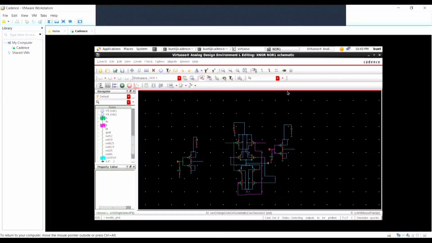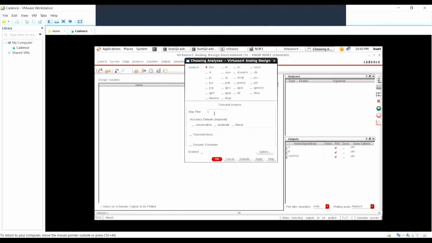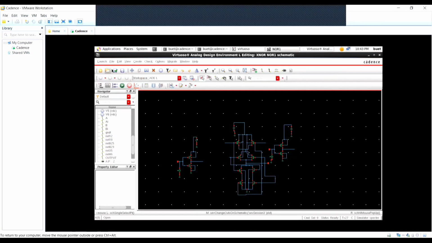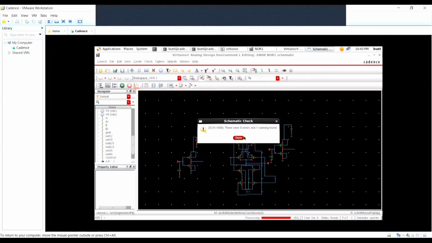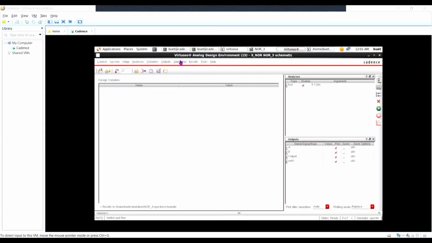Now I have to go back to the same window again. Outputs, analyze, setup. Sorry, you don't have to click setup. You have to click the analyze, choose. Now stopping time, I'm going to give it 120 nanosecond, moderate. Okay, I think I have to check and save this circuit one time. So okay, now